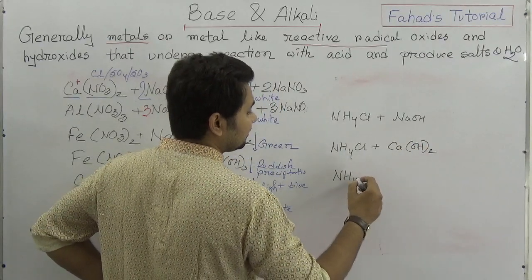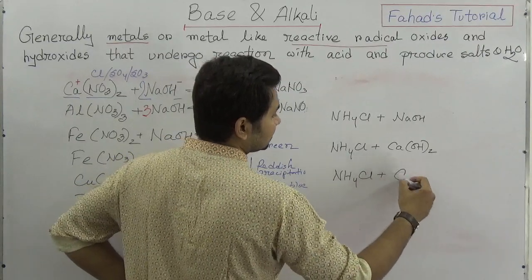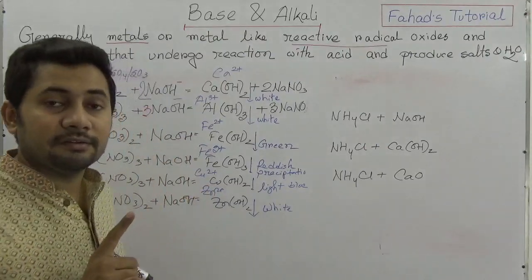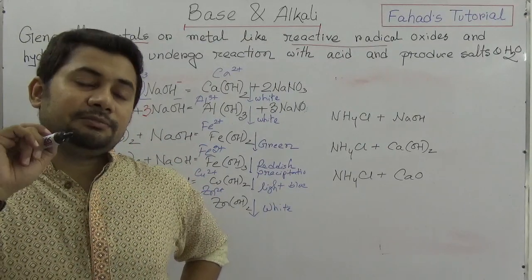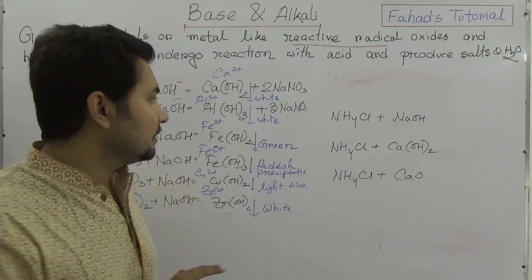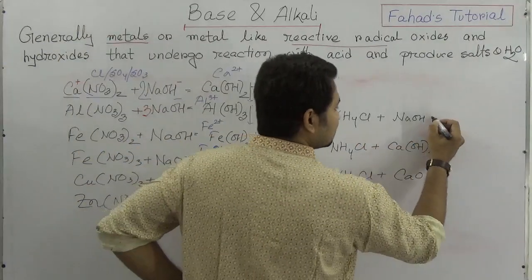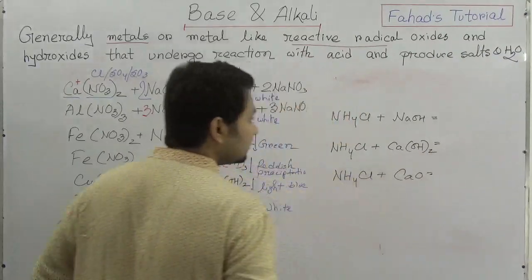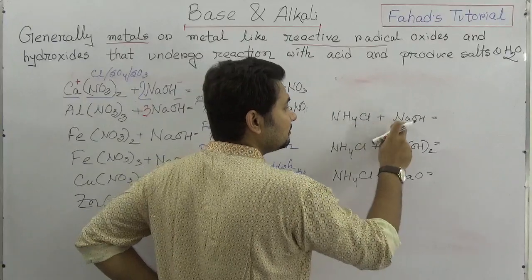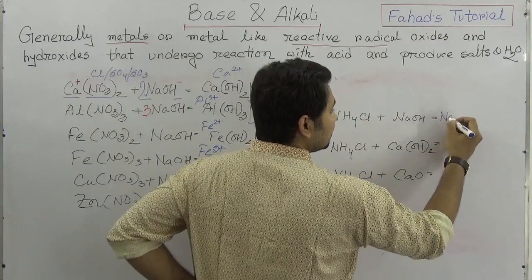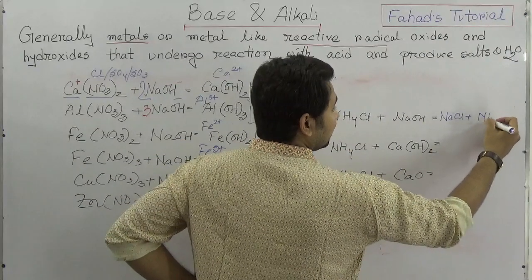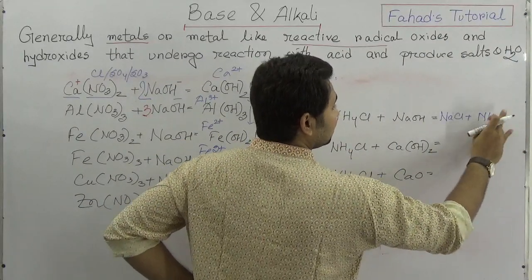Even ammonium chloride undergoes reactions with calcium oxide. If it is ammonium chloride or an ammonium salt, it will definitely produce ammonia gas. So see, the reaction would be: with sodium hydroxide, that would be sodium chloride plus ammonia